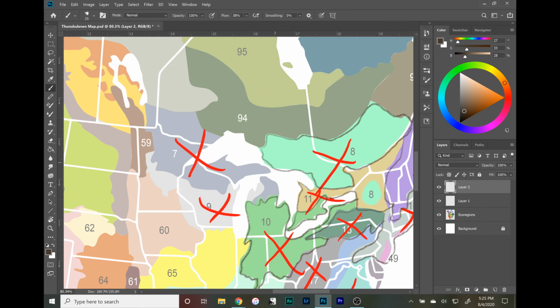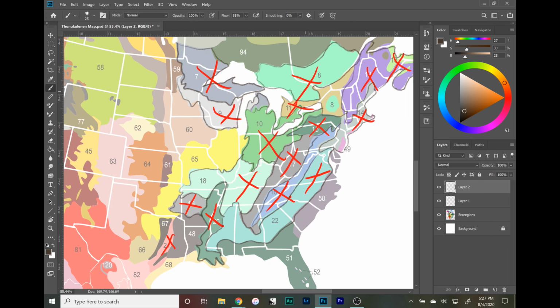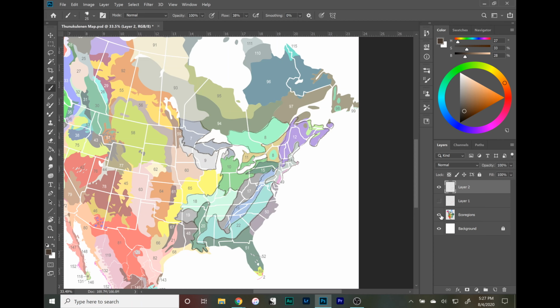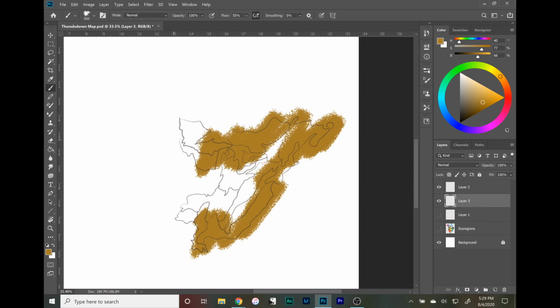You may notice that even though this footage is sped up a lot, everything seems to be moving really slowly, and that's because the combination of running OBS and running Photoshop on my 8GB RAM computer made it want to explode, and the lag was super severe. So I ended up finishing this drawing without the screen recording software running, and I will show you the finished product after I finish the map.